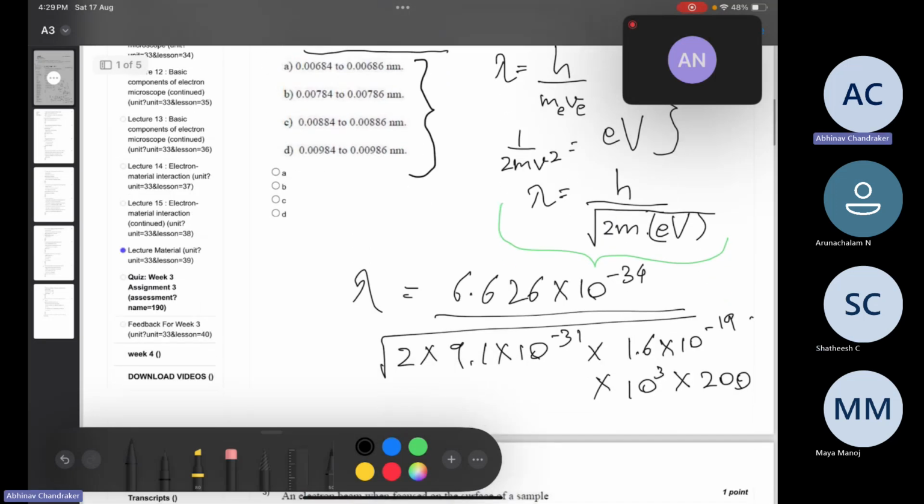If we solve this, we get the answer to be 2.413 into 10 raised to minus 12,